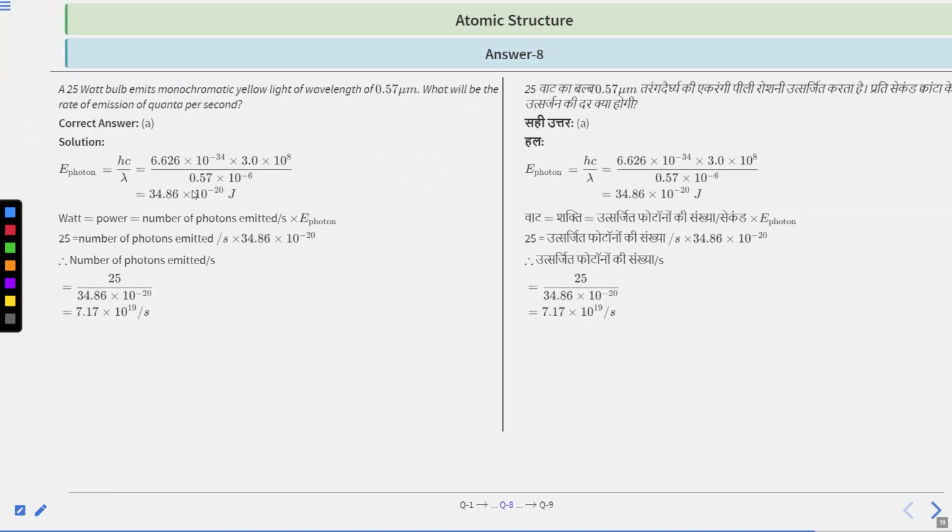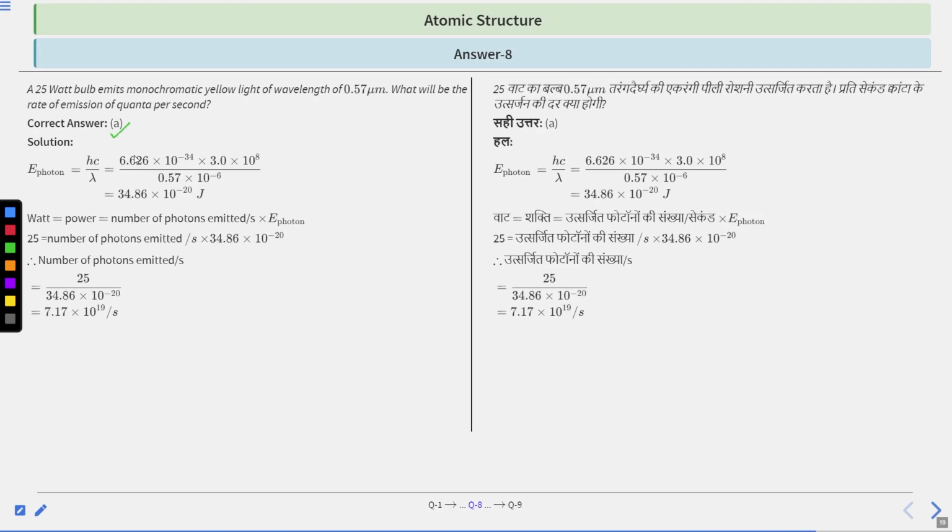Okay, let's see. So it has a correct answer of option A. As we just saw, energy of photon is equal to hc by lambda. H is Planck's constant, which is equal to 6.626 into 10 to the power minus 34. C is the speed of light, which is 3 into 10 to the power 8, divided by lambda, that is the wavelength, and the wavelength given is 0.57 micrometer. Converted into meter, 0.57 into 10 to the power minus 6. On solving this fraction, we have energy of photon equal to 34.86 into 10 to the power minus 20